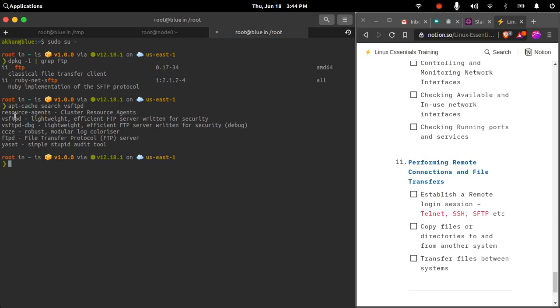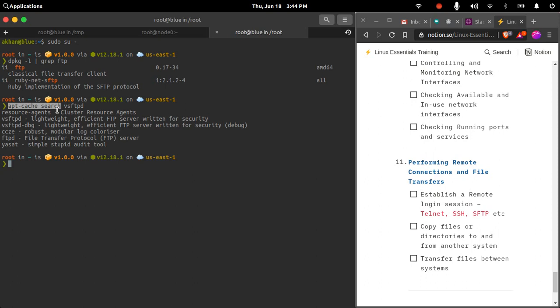Yeah, if you see, it exists, and a few other similar utilities are also returned. So vsftpd is a lightweight FTP server written for security. apt-cache search is a command that searches for a package in the Ubuntu repositories.